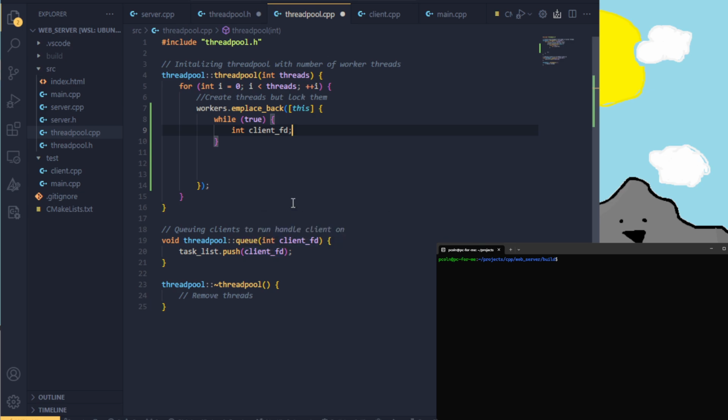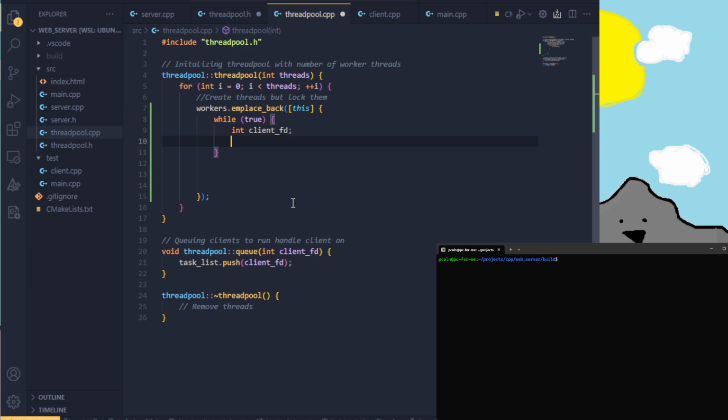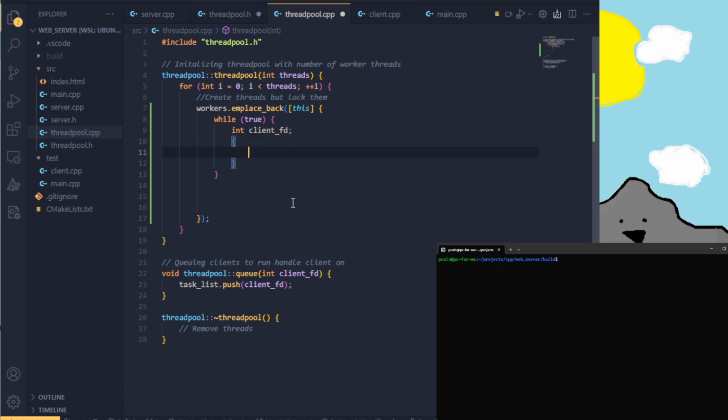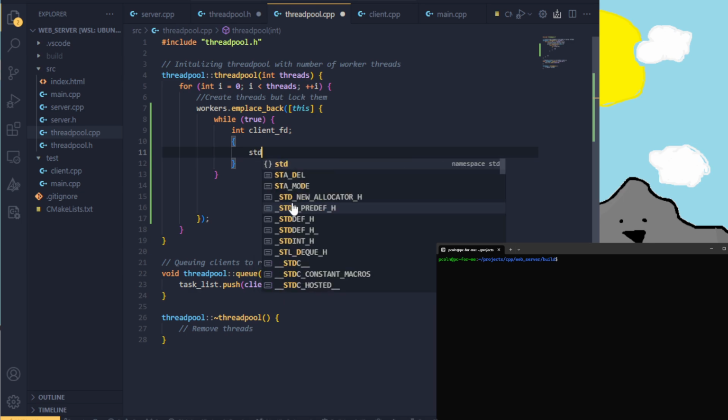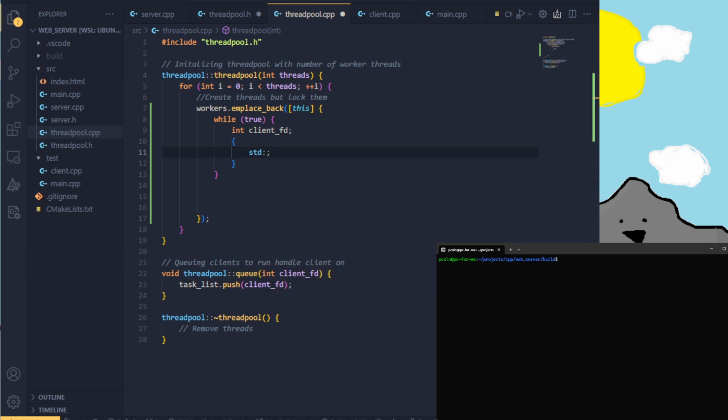Hmm. Maybe I'm not familiar, but it looks like it puts a portion of code just inside of a curly brace. So it's going to be that, oops, unique_lock,